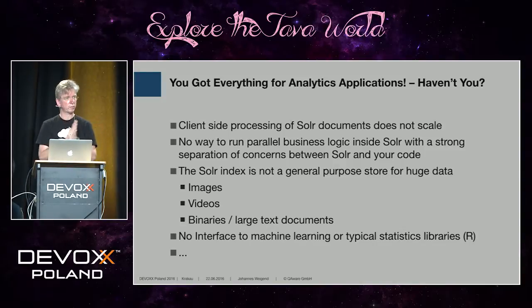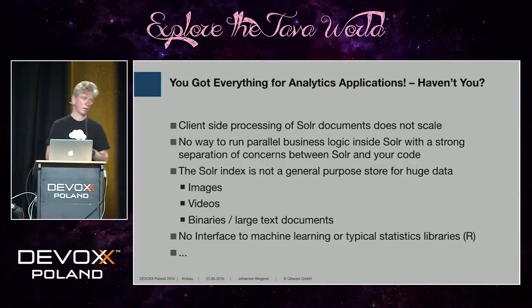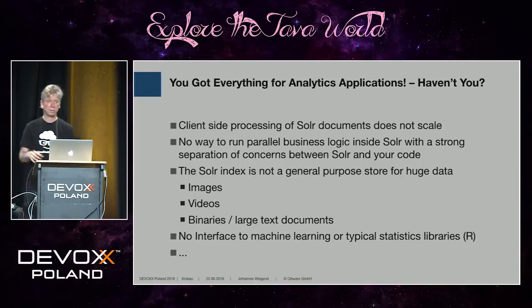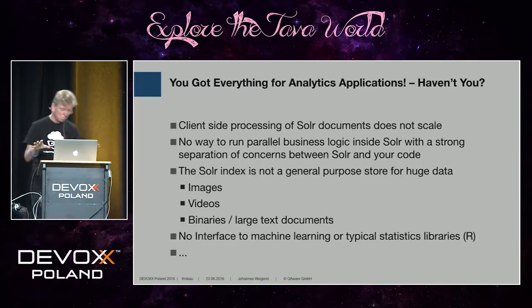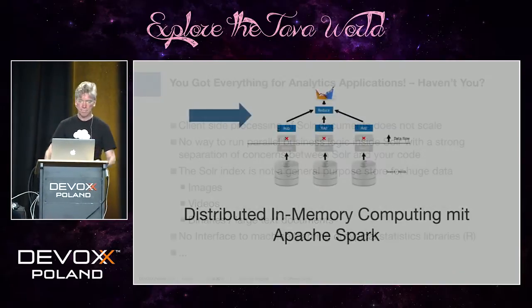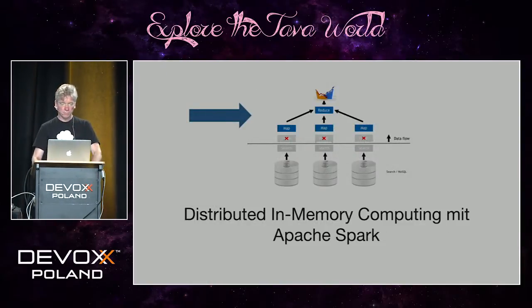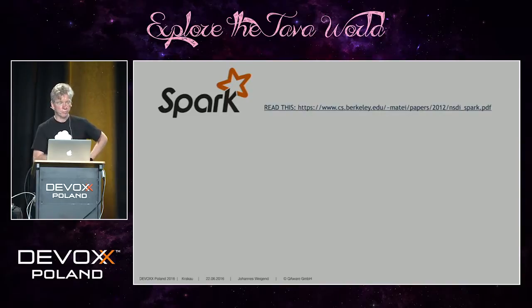You have no interfaces for machine learning, for intelligence features on top. And you can't run your own business logic in parallel in Solr. That works with SAP HANA, but Solr is in this case only as a search database. So that's the main thing. We have to think about